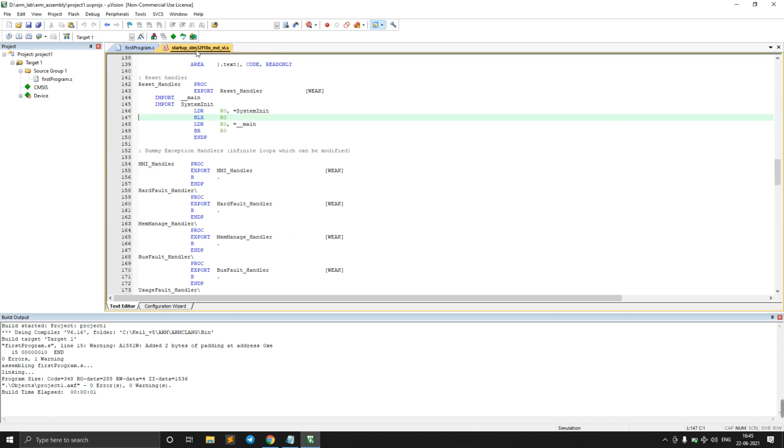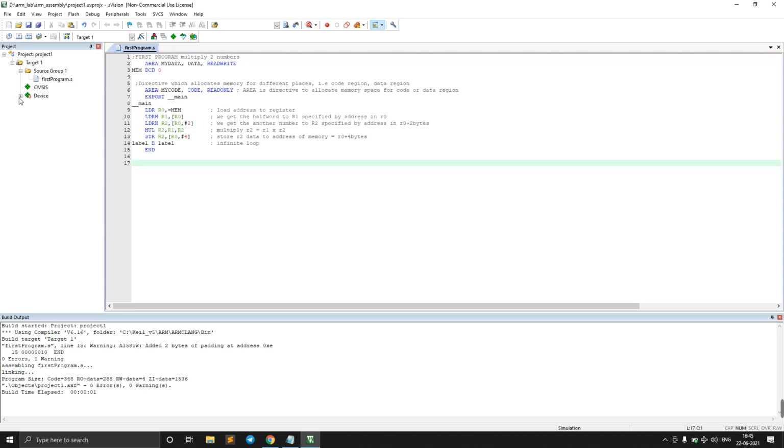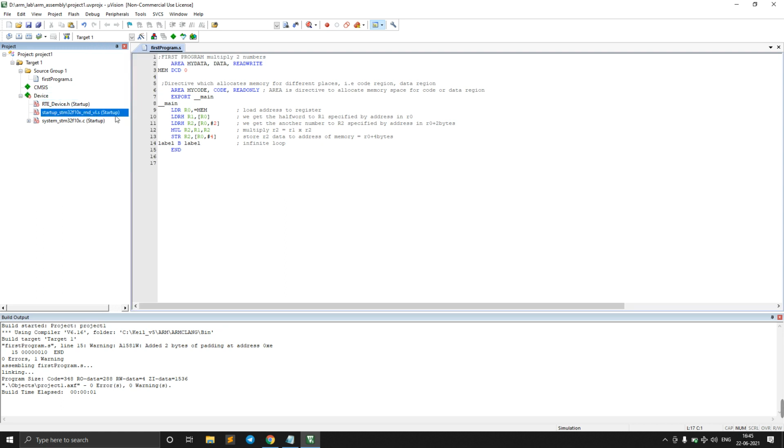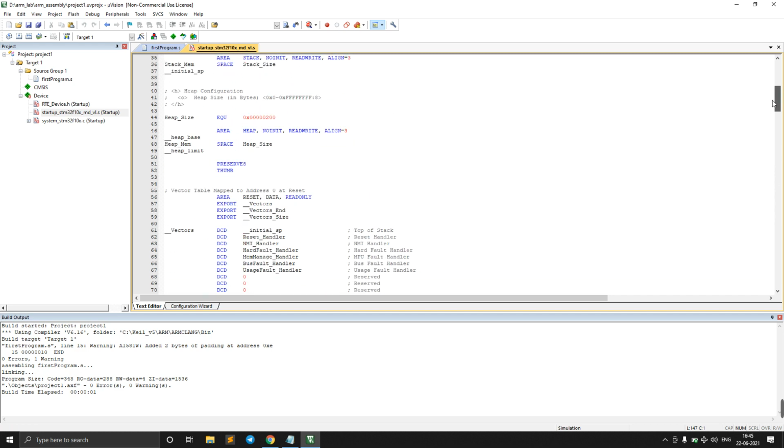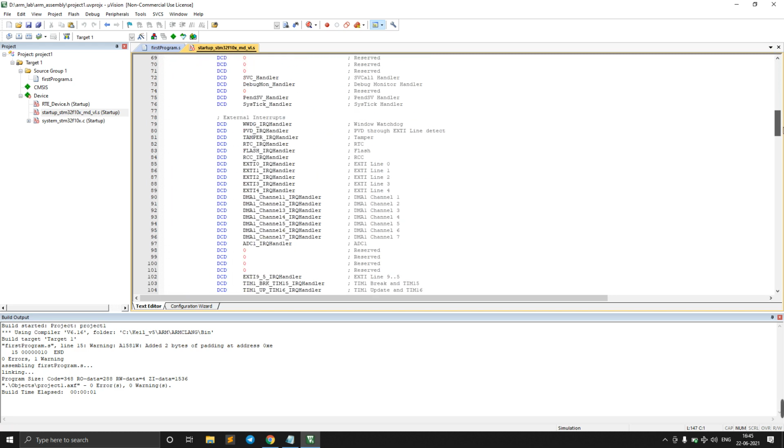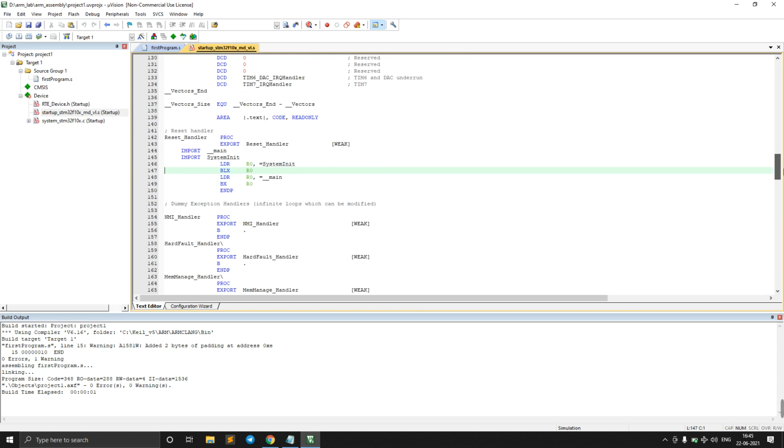htm32.c. So for that, what we have to do is go to the device, extend this bar like this, and here there is one file, startup.s. Just double click on it so that the file opens. From the start of this file, go to line number 145.